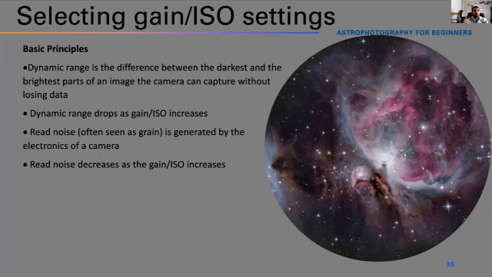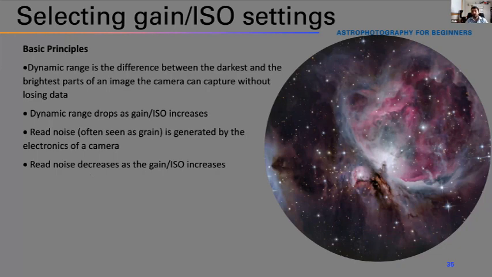But you do have to know that dynamic range, which, as we discussed, drops as you increase your gain or your ISO. And read noise, which is generally how noisy your image is actually going to be, and is often seen as grain, is generated by the electronics of a camera, and read noise decreases as you increase your gain or your ISO.